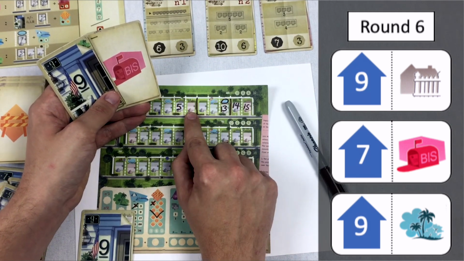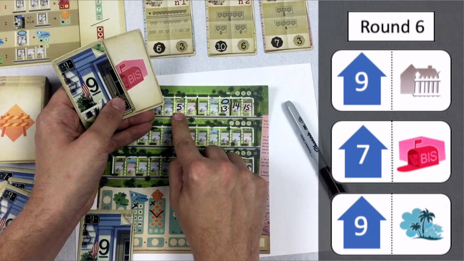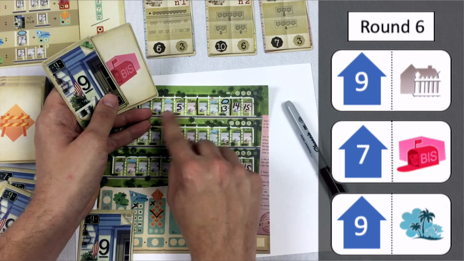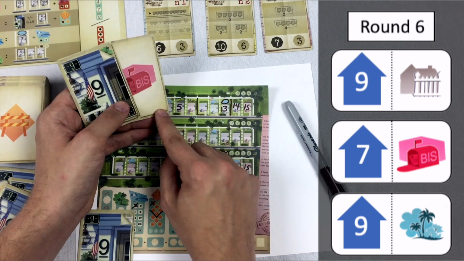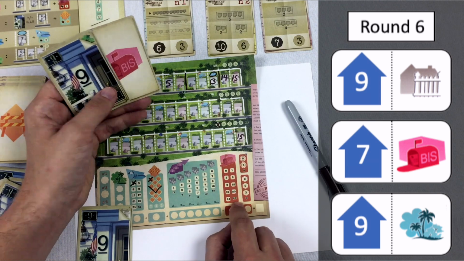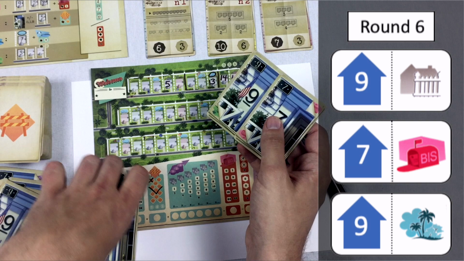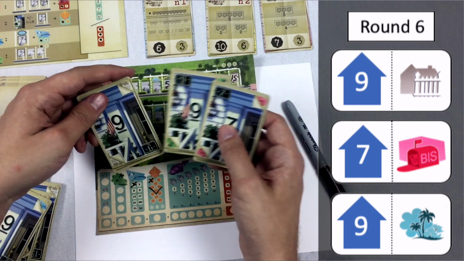So if I really wanted to put a 5 here, I could put my 9 down anywhere, and then I could put a 5 and write the word bis next to it on either side. I would just not be able to separate it with a fence, and you would end up losing points at the end of the game by doing that. I'm not really in a desperate situation to do that at this point, so I think what I want to do